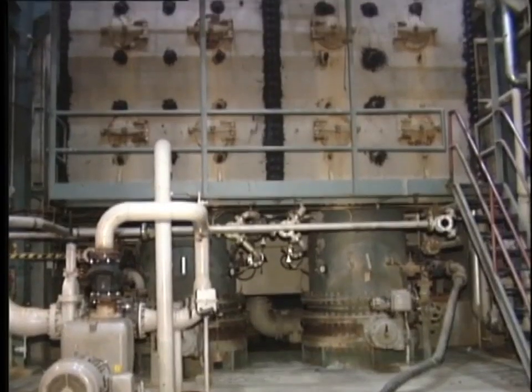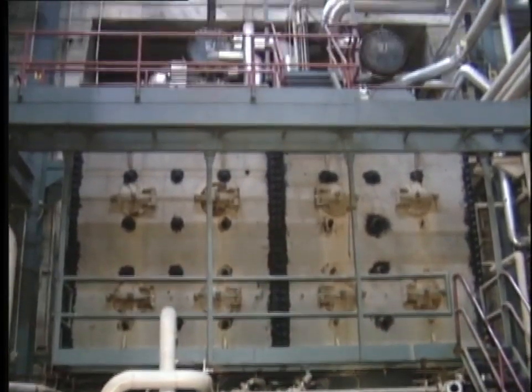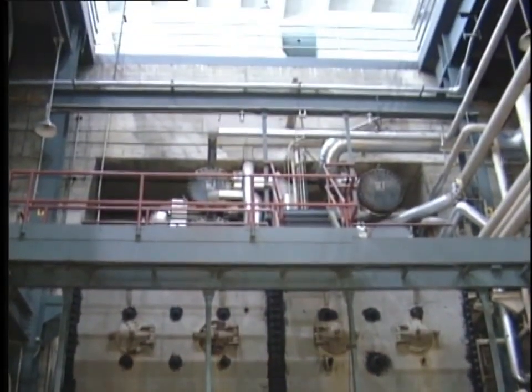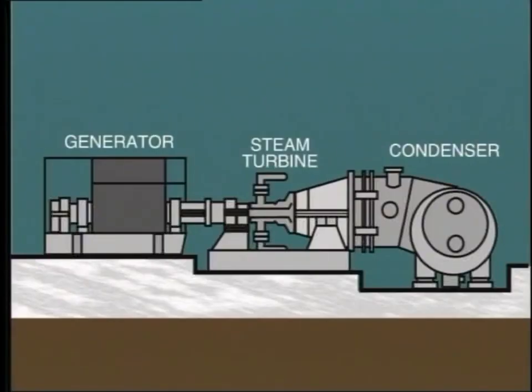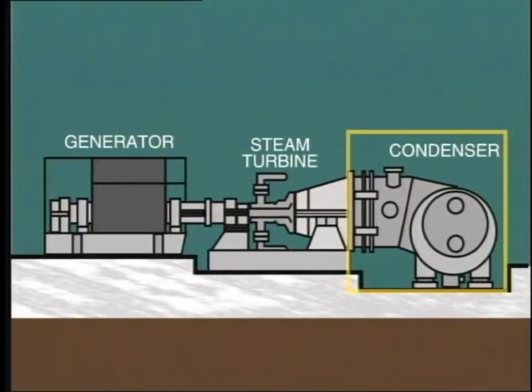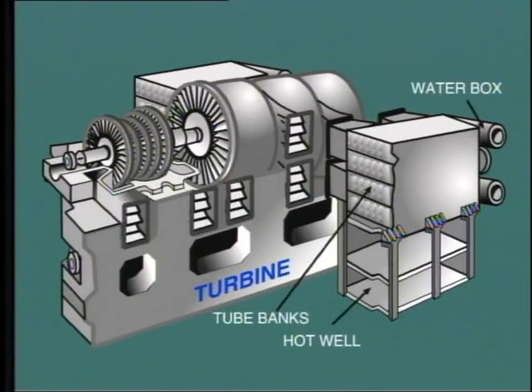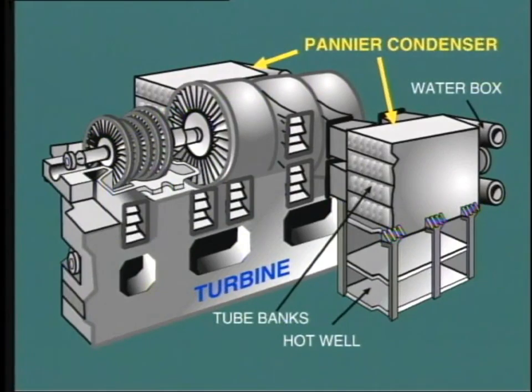An important part of operating a condensing turbine installation is the maintenance of correct vacuum in the condenser. Commonly, the condenser is located below the exhaust end of the turbine, but there are other configurations. In the scheme shown here, the condenser is fitted directly at the tail end of the turbine on the same level. Another arrangement, known as a pannier condenser, consists of two vessels located at the same level, one on either